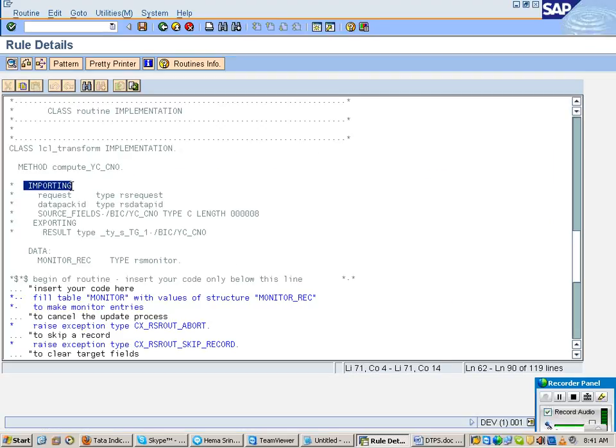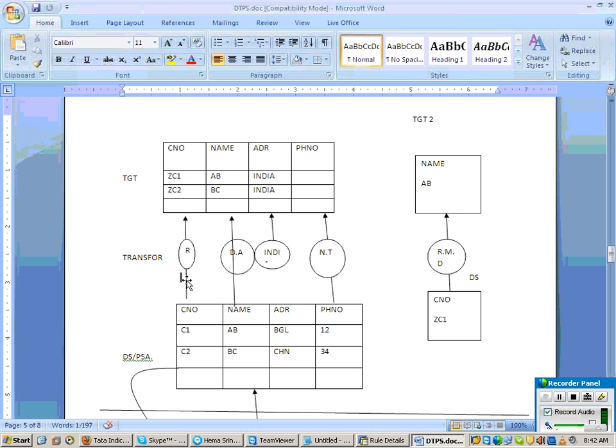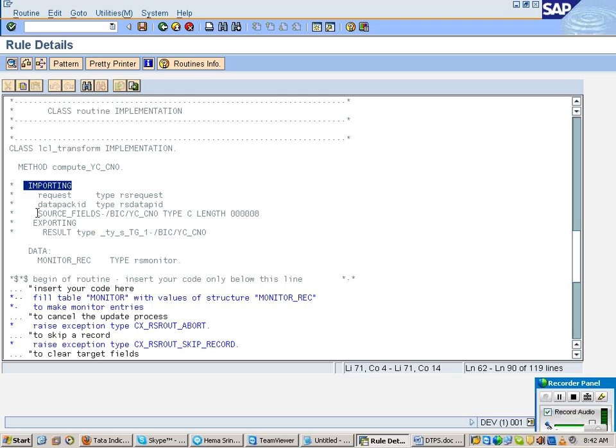Now what is it saying? Importing. So the transformation is importing the data. This is your transformation. It is importing the data from where? Source underscore fields is nothing but your data source.